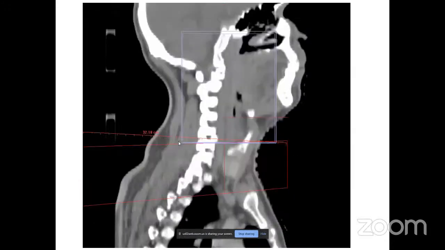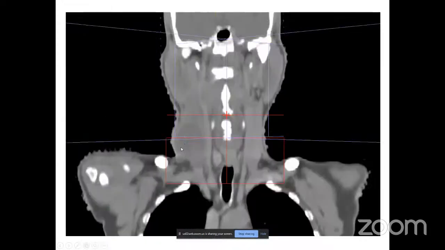But there are some problems with the bilateral and lower neck portals, because with the lower neck portal there is a divergence which can go into the bilateral portals. And as I mentioned, with the divergent beam in the bilateral portals, the high dose region can enter the lower neck portal.